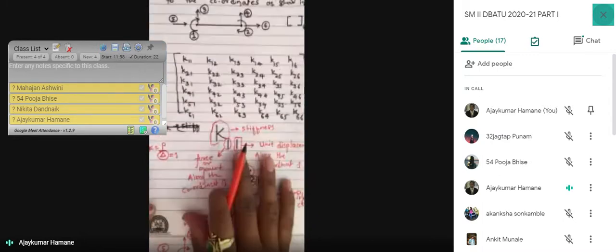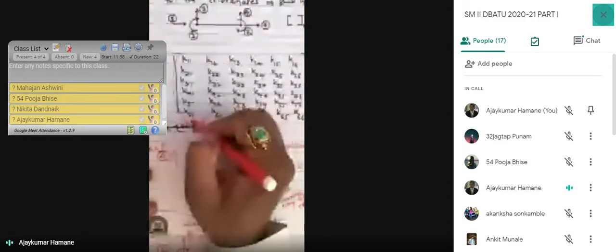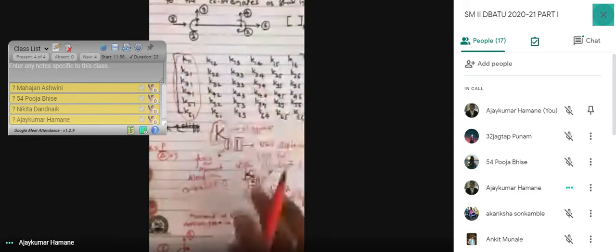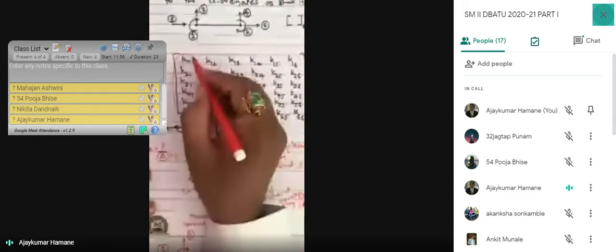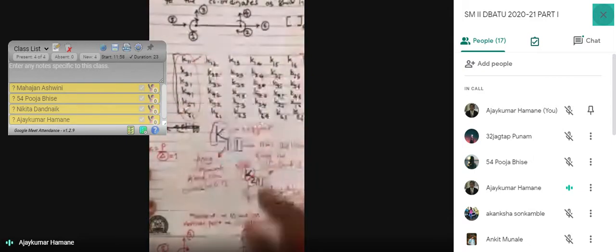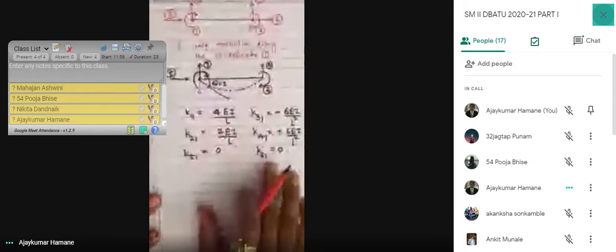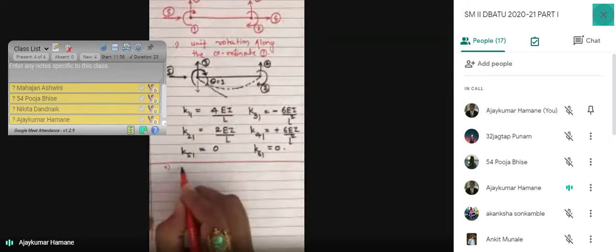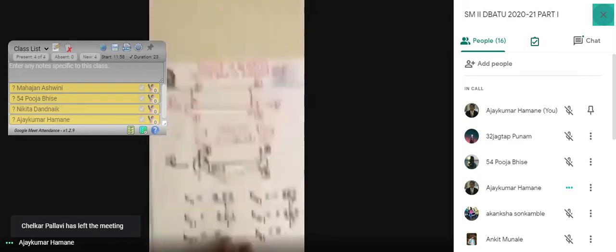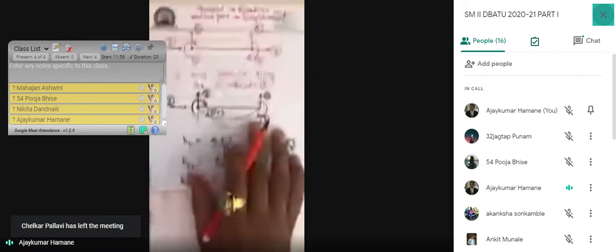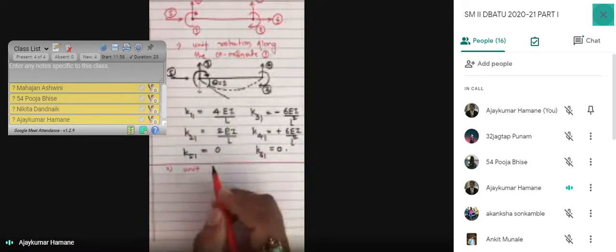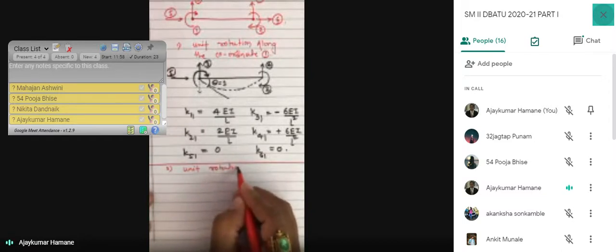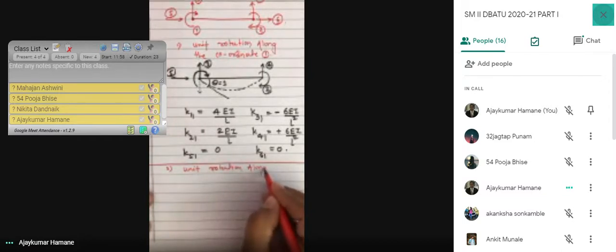So this line we have found. Okay, we have applied the unit rotation at coordinate 1. Now next we'll see. Now second, we'll apply the unit rotation. Coordinate 2 also has a movement along the movement direction, so we will apply the unit rotation along the coordinate